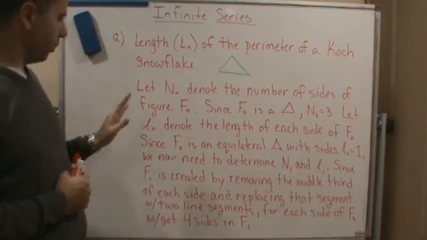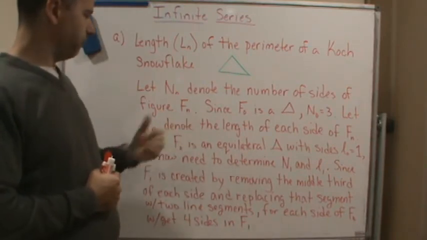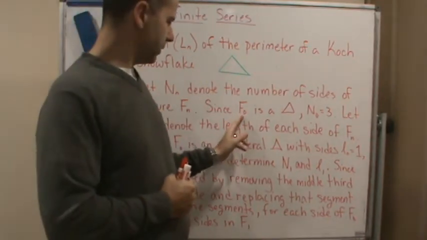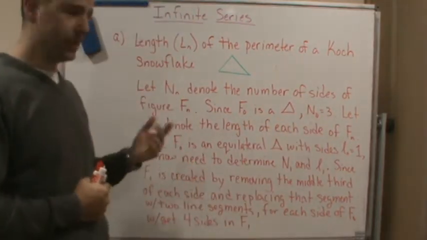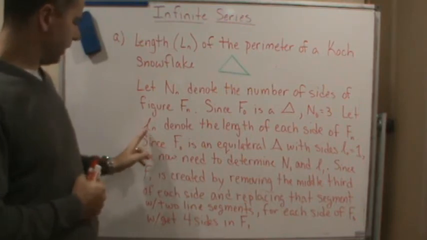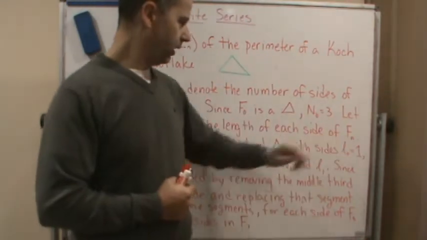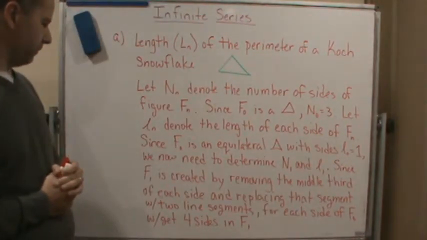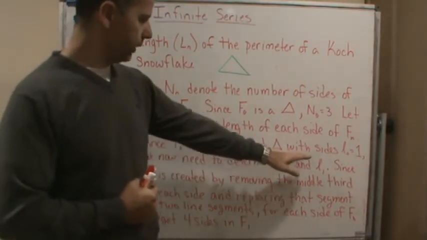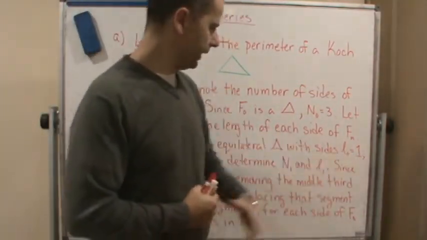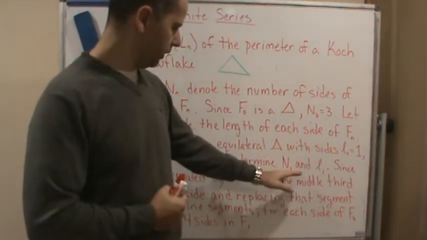Okay, so we're going to let N sub n denote the number of sides of the figure F sub n. Now, since F sub 0 is a triangle, N sub 0 is 3, because there's 3 sides. Let lowercase l sub n denote the length of each side of figure F sub n. Now, since F0 is an equilateral triangle with sides L0 equal to 1, we now need to determine N1 and